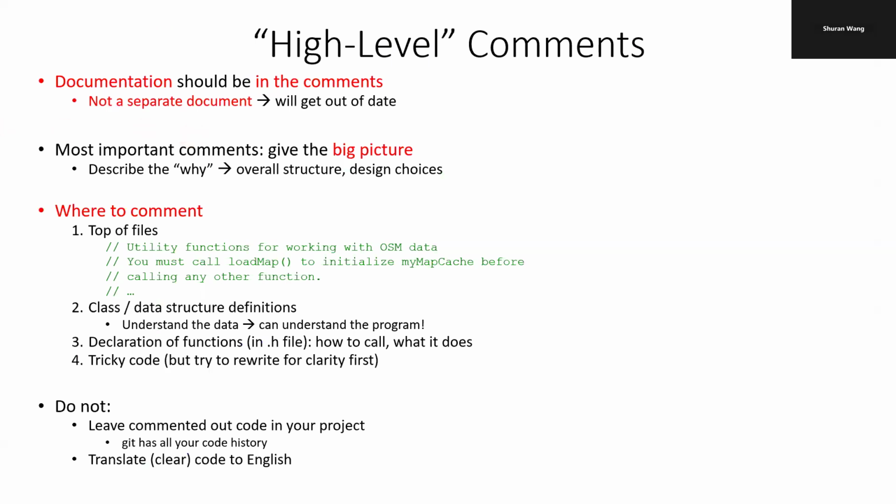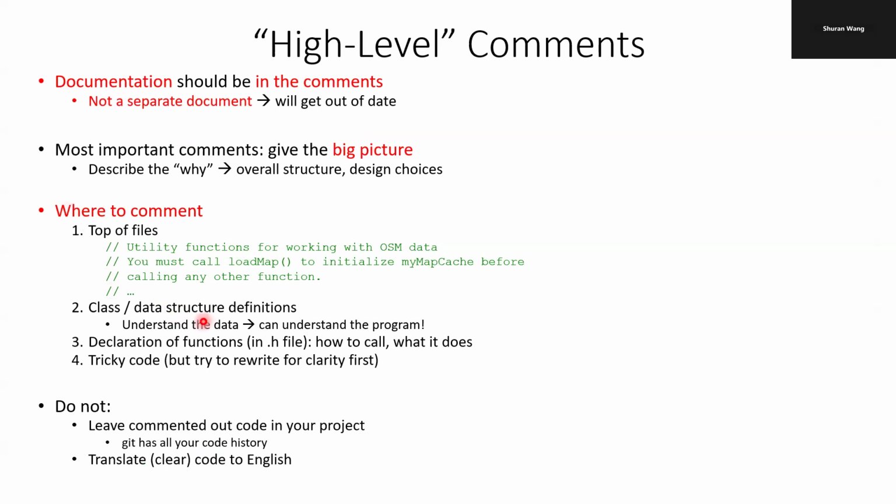And this is because if you keep the comments inside your code, whenever you do a modification in your code, this forces you to change the documentation. You don't want any documentation to go out of date. The most important comments are the ones that give the big picture. So in front of each big file, you need a comment block saying what this file is, how you should be reading this file, and where you should go first in this file. And then you go to the